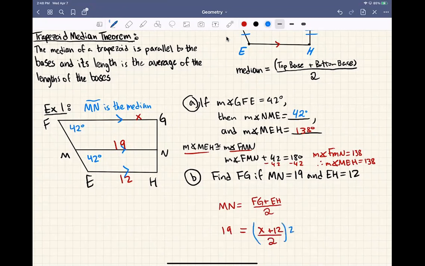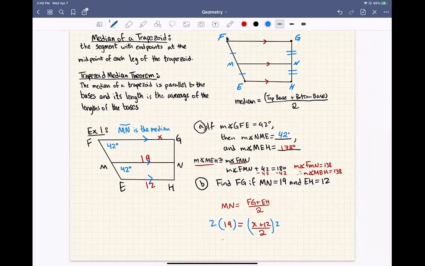We're going to multiply both sides by 2. And so that's going to give us 38 is equal to X plus 12. Minus 12, we're going to get X is equal to 26. So we know that FG is length 26. Ta-da. And that's it. All right. So that's the basics of a trapezoid and the median of a